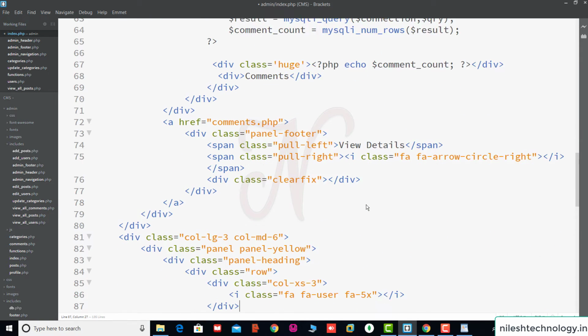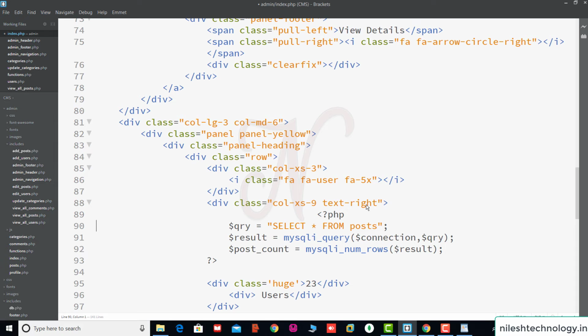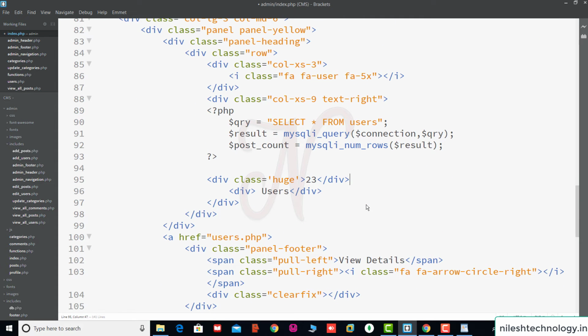Again we go to the section below. Here for users, again we paste this code. Select star from users, and here we change the variable to user count. Same here, instead of this 23 we print this variable with echo user count.